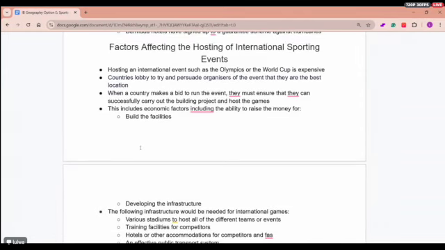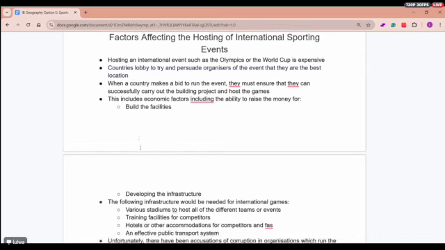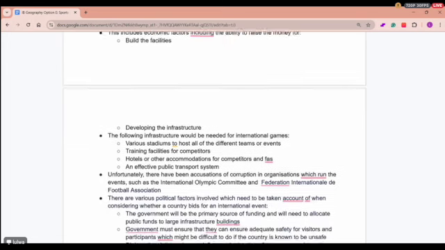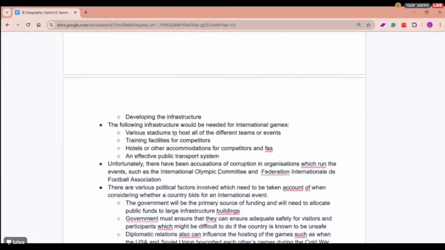And countries lobby to try and persuade organizers that they are the best location. However, when a country makes a bid to run the event, they must ensure that they are successfully able to carry out the building project and host the games. This includes economic factors, and the following infrastructure would be needed for international games, such as stadiums, training facilities, hotels,